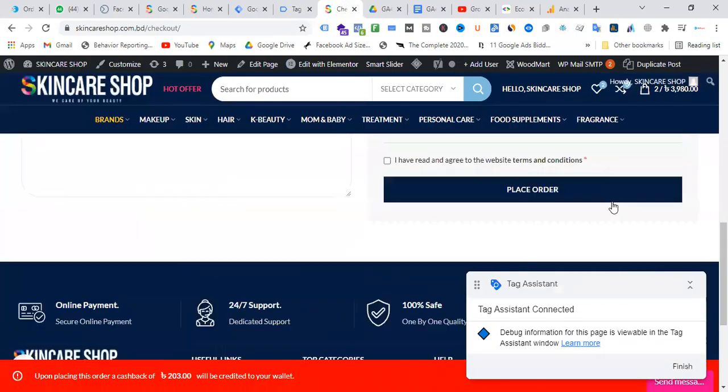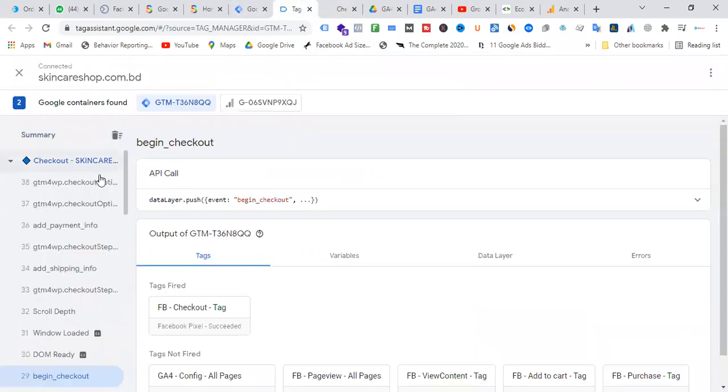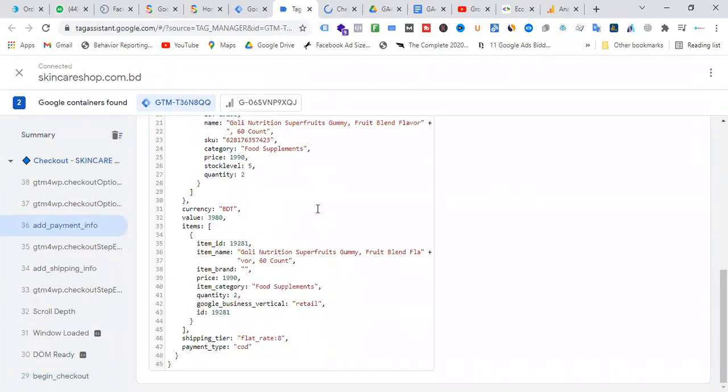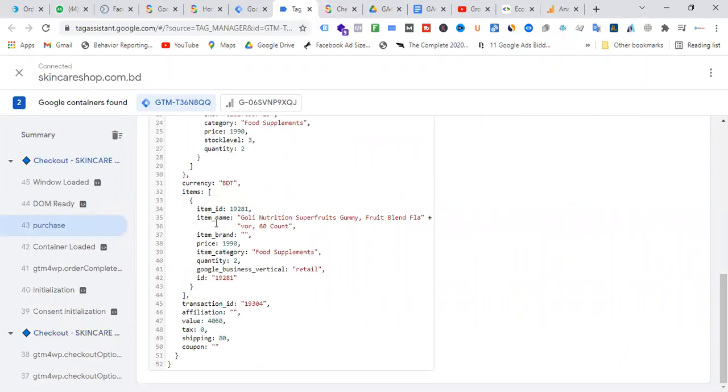And if we purchase that product, the purchase event will be fired. Add payment info has fired already. Yeah, the purchase event has already fired. Okay, so this is the GA4 schema.